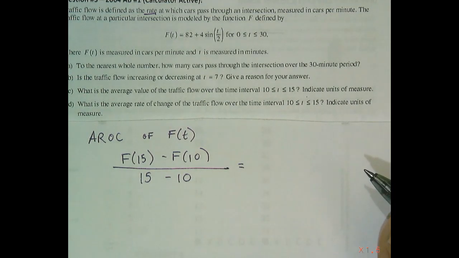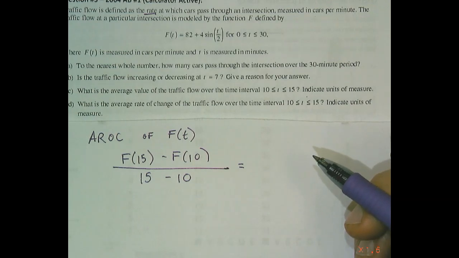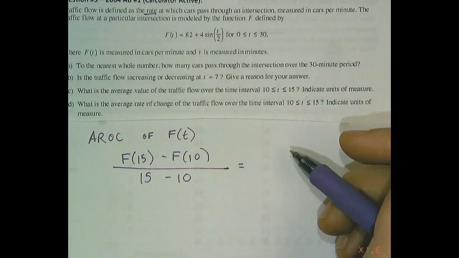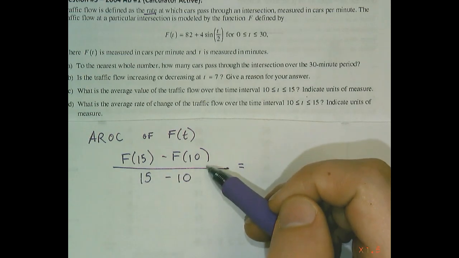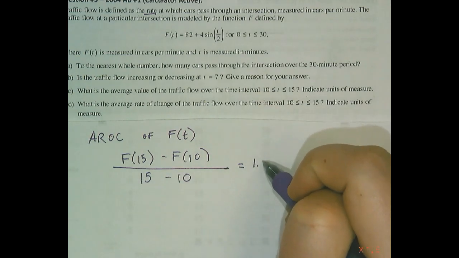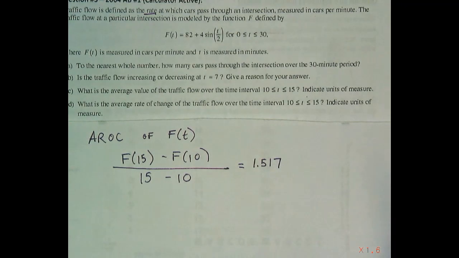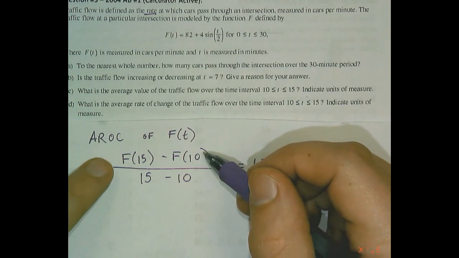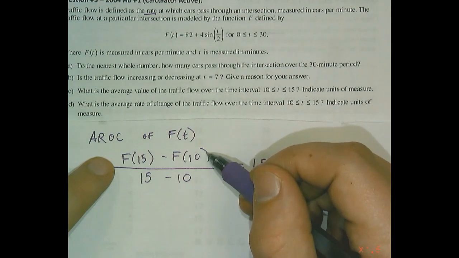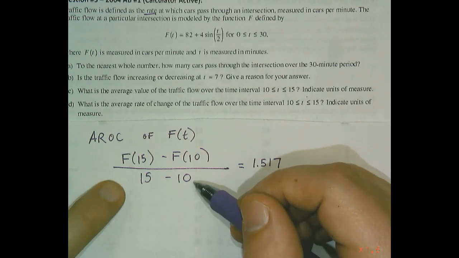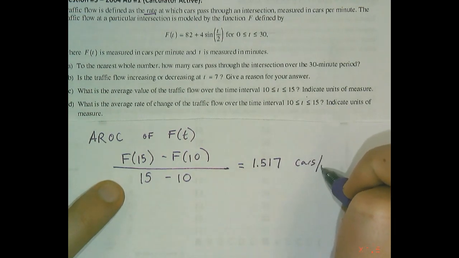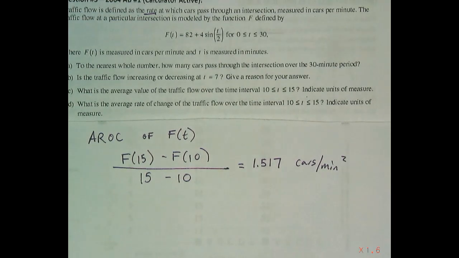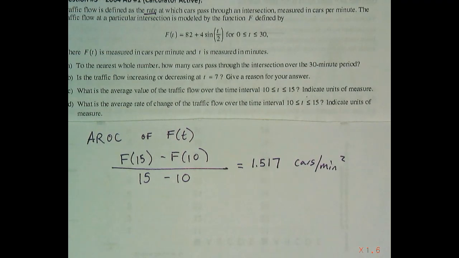F of 15 I can pull off of the calculator. F of 10 I can pull off the calculator. I can go through and evaluate all of those. Once you type this all into a calculator, it comes down to 1.517, or 1.518 if you round it. Our units on top were cars per minute, and our units on bottom were minutes. So this is cars per minute squared. You're talking about the slope of a rate function, so it's kind of like acceleration. I wouldn't call it acceleration, but